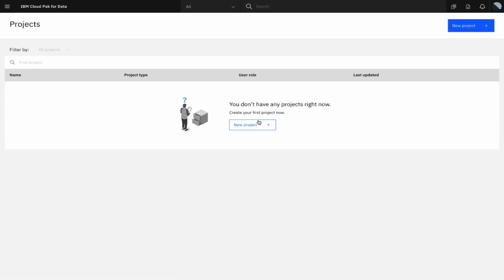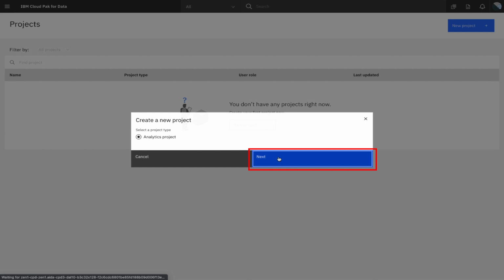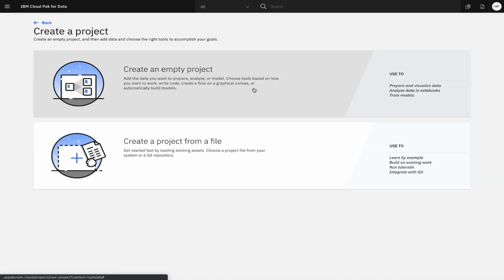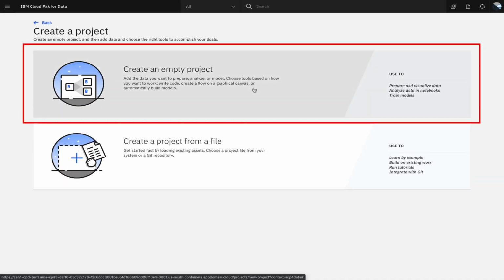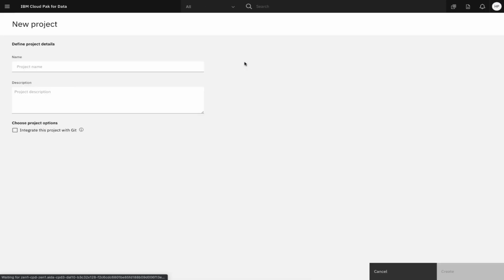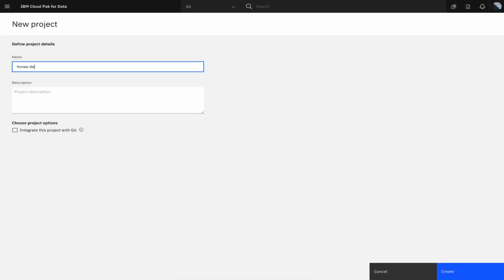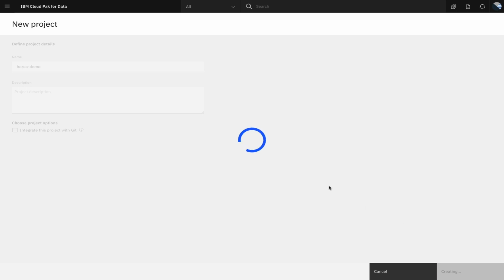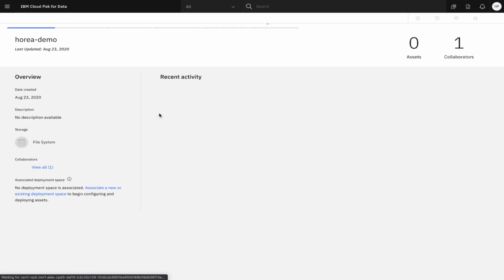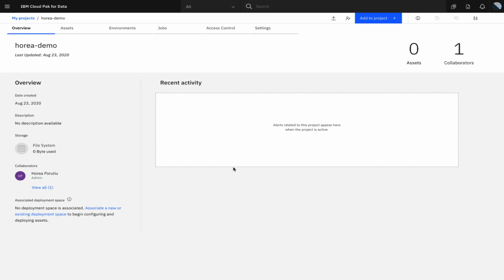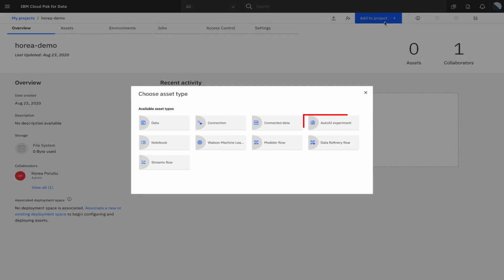project. And we'll create an analytics project, and then we'll create an empty project. But you can also create a project from a file, but now we'll just do an empty one and we'll call it Horia Demo. We'll click create. And now you can see that we're in Watson Studio here, and in our Watson Studio instance, we can click